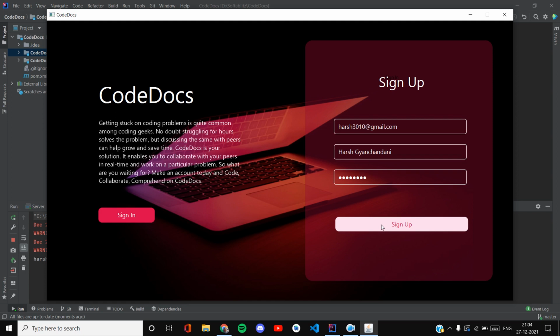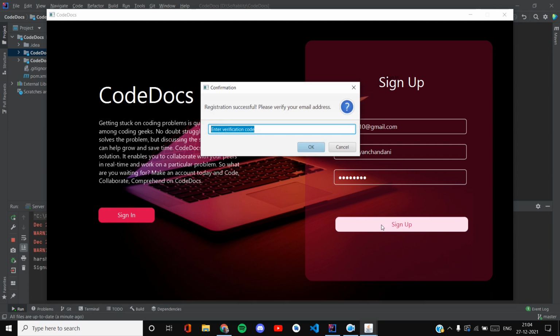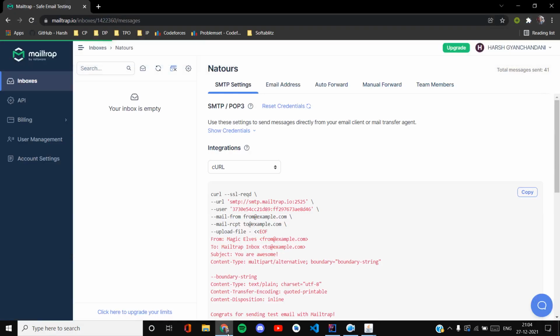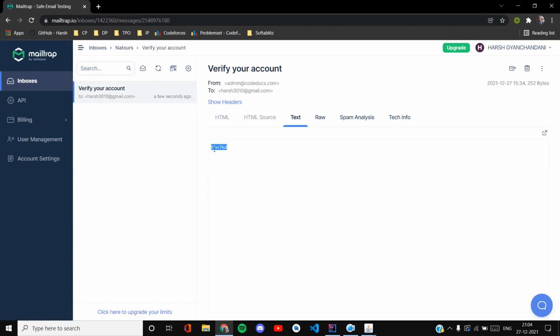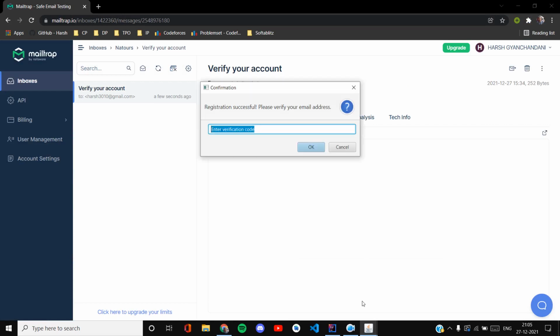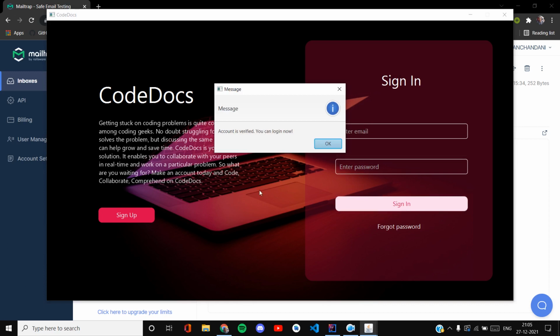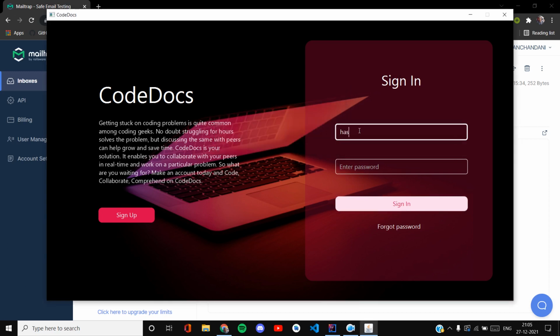The server will first generate a verification token, send that token to our email address, and we'll be asked to verify our email. So here on Mailtrap, I have received this verification token. I start my application again. To this verification token, it says account is verified, you can log in now. Alright, so I'll log in.